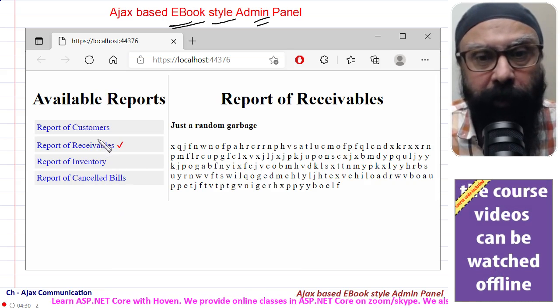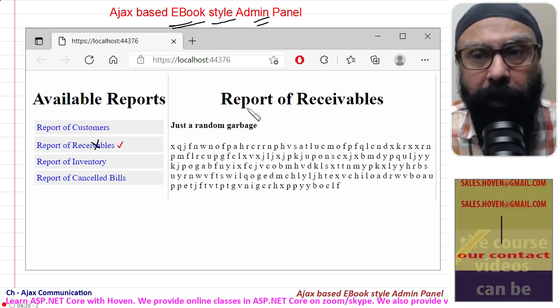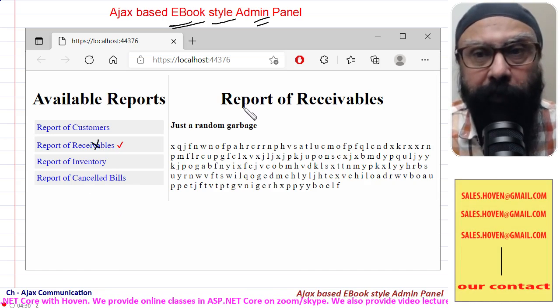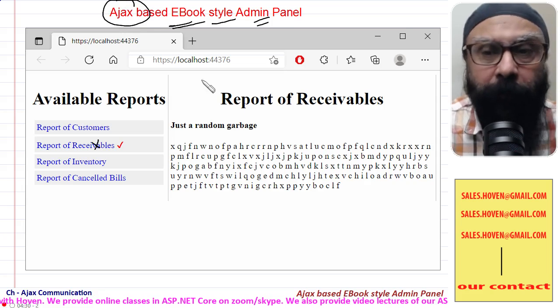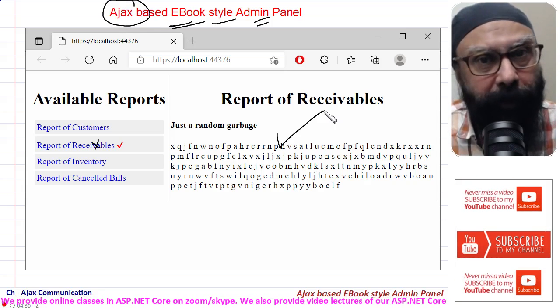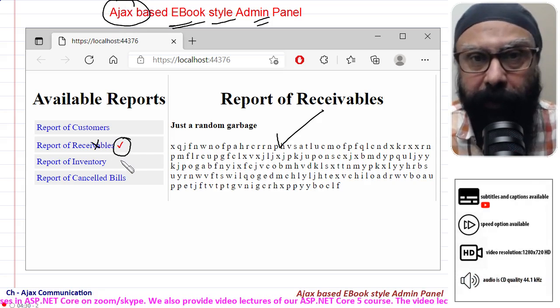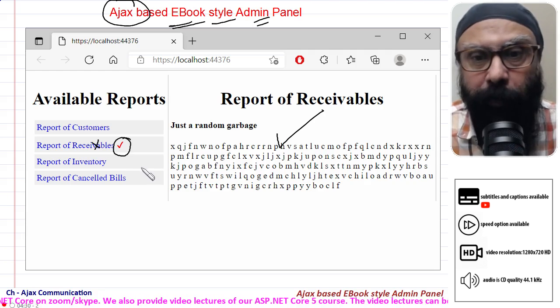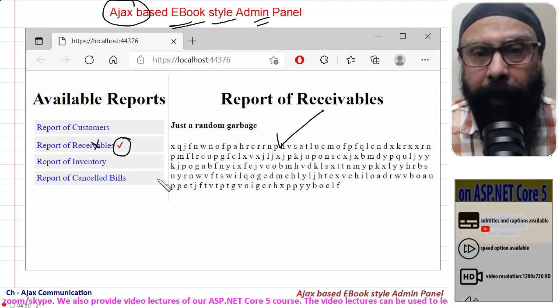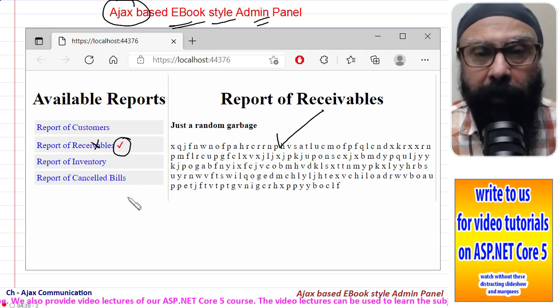When a user clicks on a report, the report content is obtained from the server through an Ajax call, and the content is displayed on the right side. The active report has a tick mark adjacent to it. So this is the project that we are going to do, and if I discuss how it is done, these